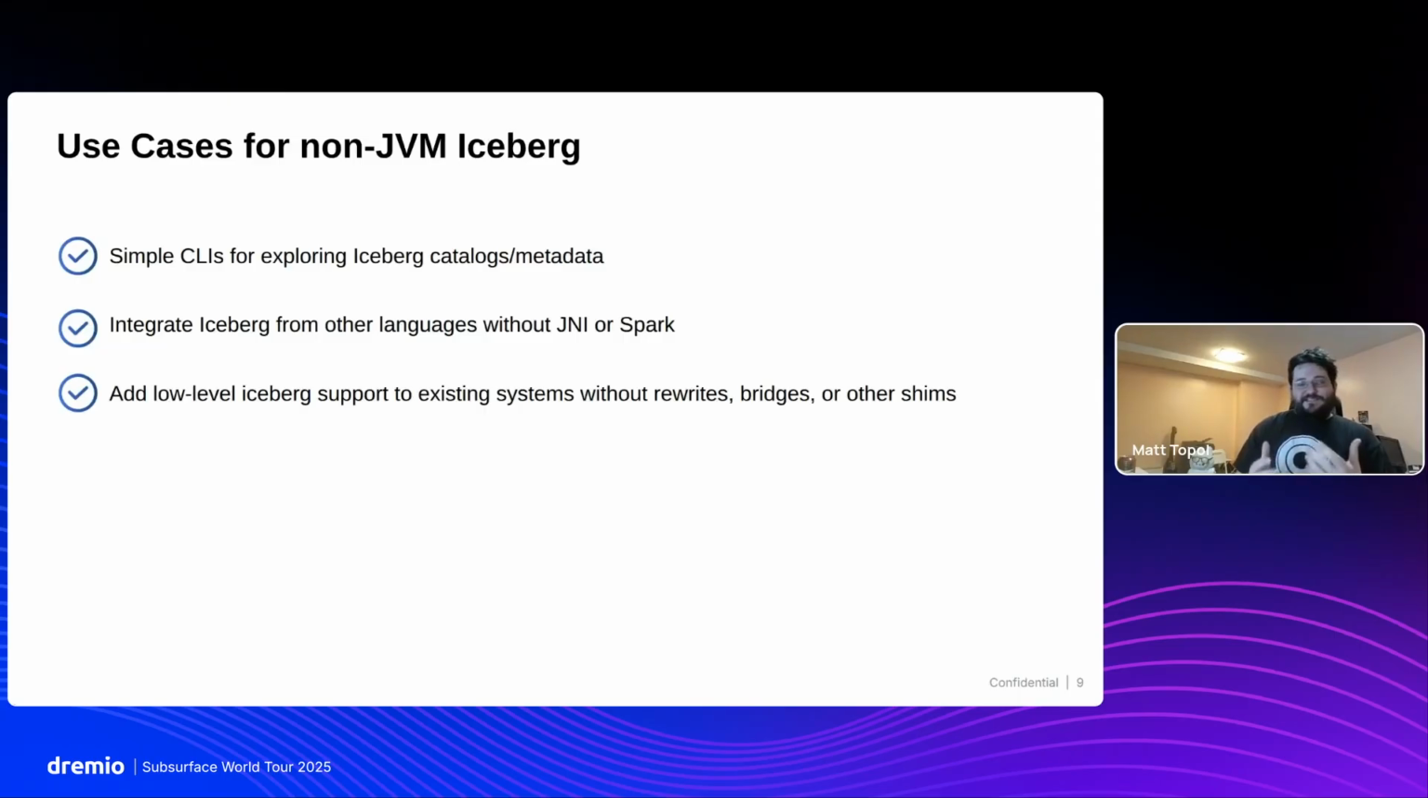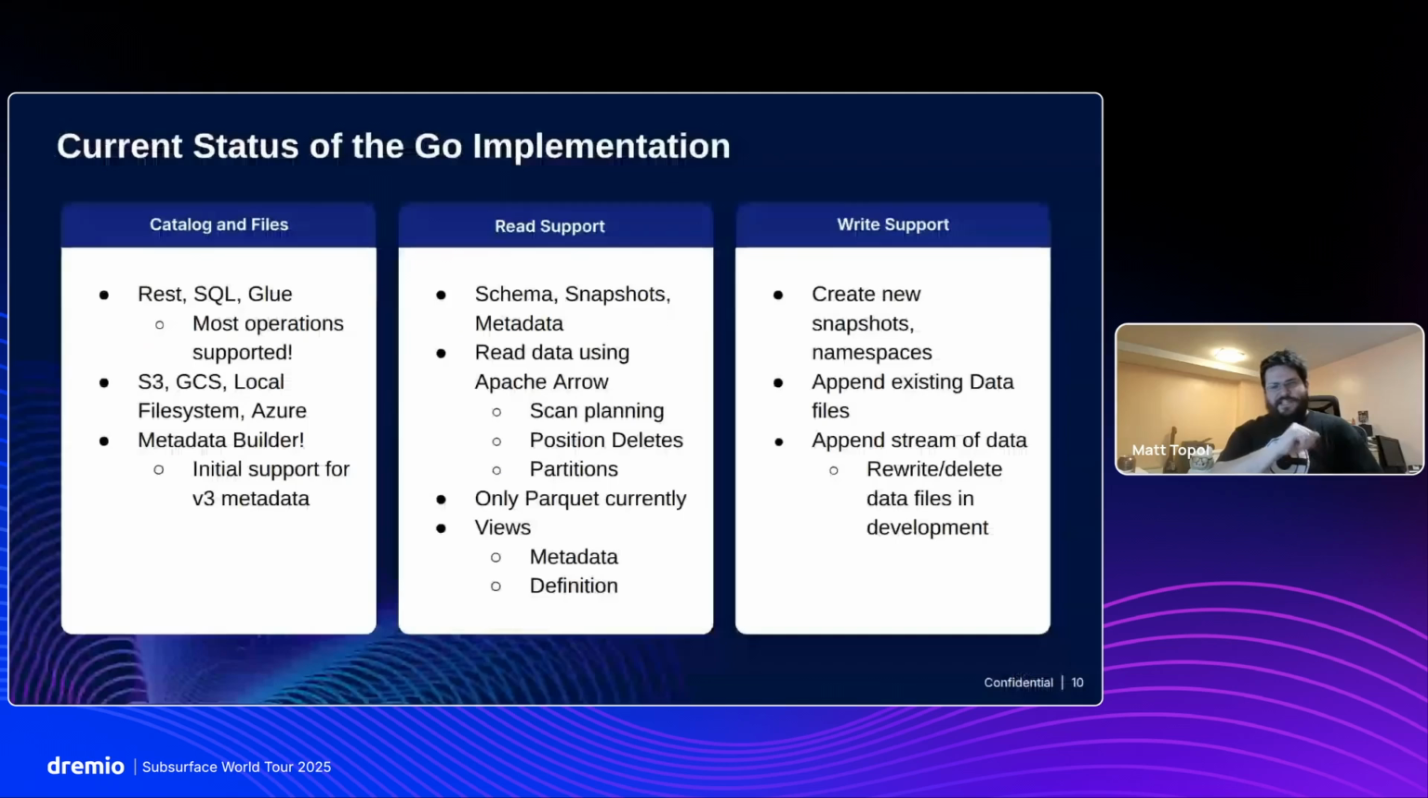And again, that's the reason why you want to focus on these non-JVM use cases that do exist for many, many people. So let's talk about the current status of the Go implementation. For the Go implementation for Iceberg, we've got almost all the operations for the REST catalog implemented. We've got support for the Glue catalog. We've got support for SQL-based catalog running on